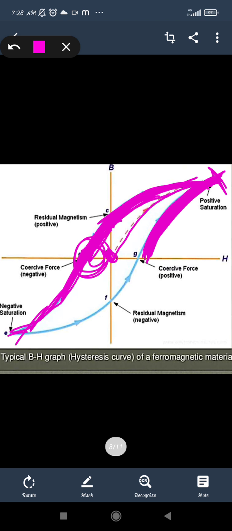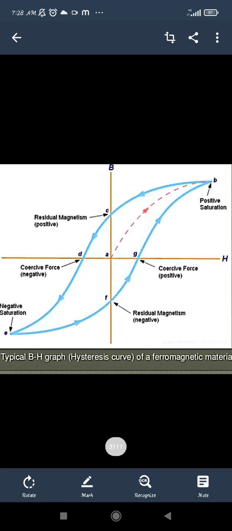that sample, right? So on further decreasing it, we will get a reverse direction graph. Similarly, if H is again increased, then after going through this curve, we get a closed curve, right? After increasing it, we will get again to a point of saturation, and these saturations are said to be the positive and the negative saturation, right? And this saturation is said to be of that sample with the magnetic field or after the magnetic field is removed.